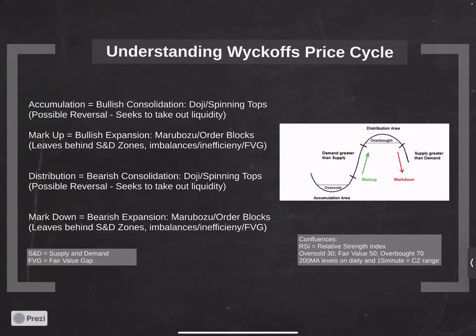So understanding Wyckoff's price cycle. As mentioned earlier, we have 4 phases. We have our accumulation, we have our markup, distribution, and our markdown. Accumulation is going to be considered bullish consolidation, right? Price is accumulating orders for X, Y, and Z period of time before preparing to put in some higher high